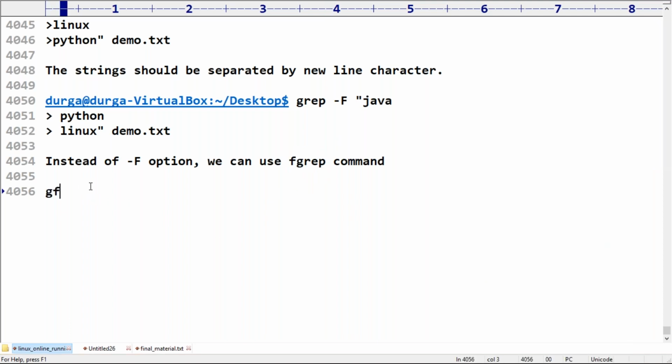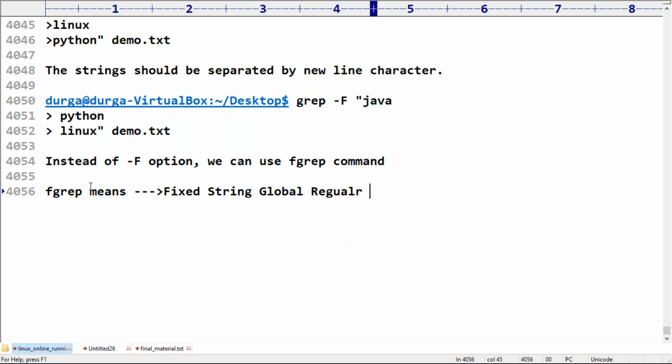Now fgrep, here this is very important: F means fixed string, and grep means global regular expression print.